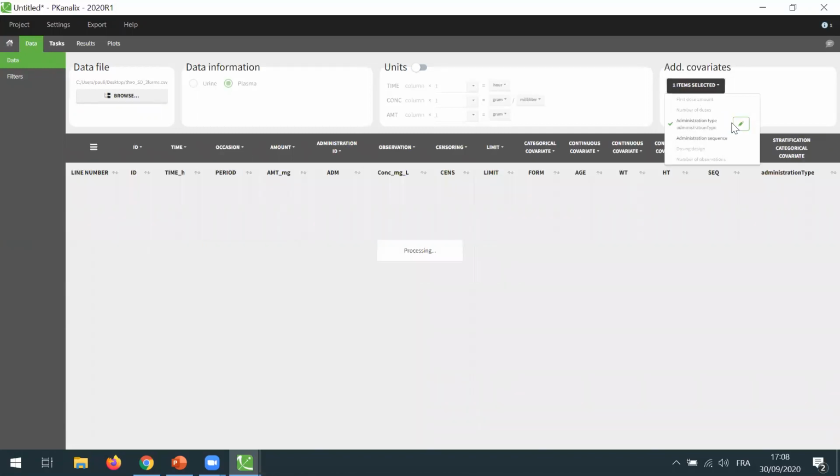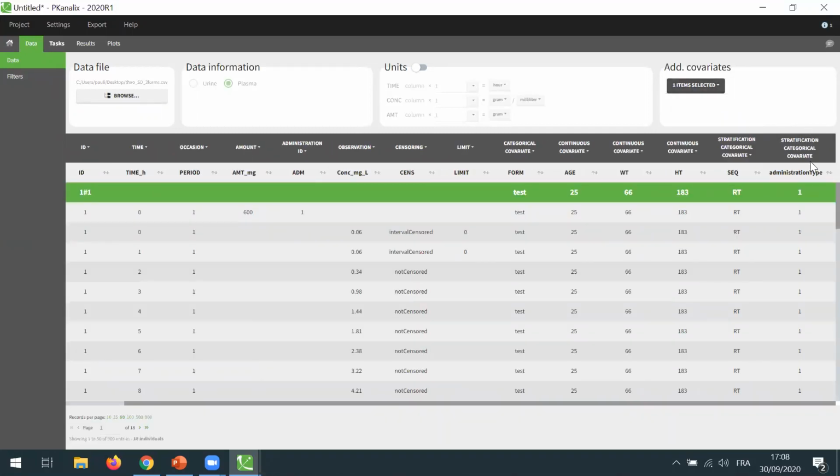If I click on it, it will add a new stratification categorical covariate that will contain one for subject occasions who have received the first formulation and two for subject occasions who have received the second formulation. The software is not modifying the data set itself, it's not modifying the file, but it's just adding on the fly new covariates that could be convenient for stratification of the plots.